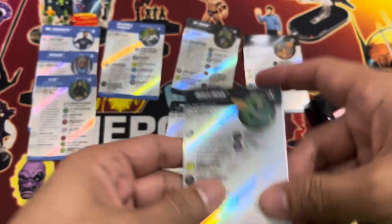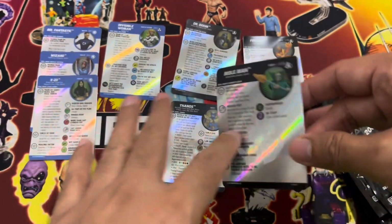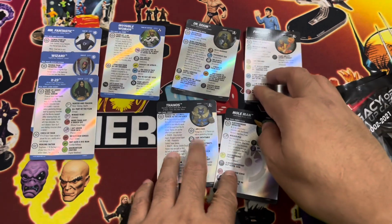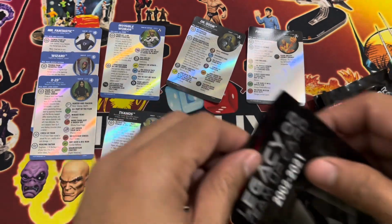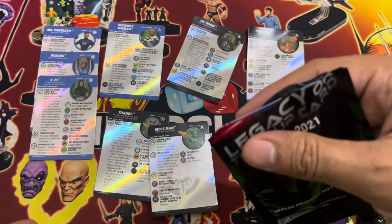Outwit. Wow. I like this. Although I don't have the figure for most of this because I only collect X-Men. But that seems powerful. I'll probably set it aside. Some of this will be for sale, of course, or for trade. Next one, we have